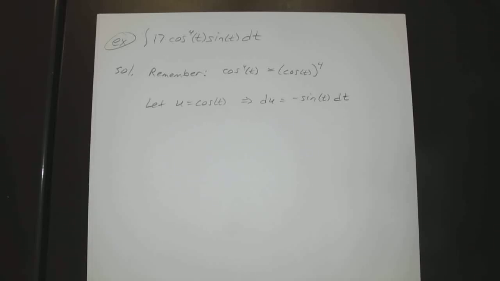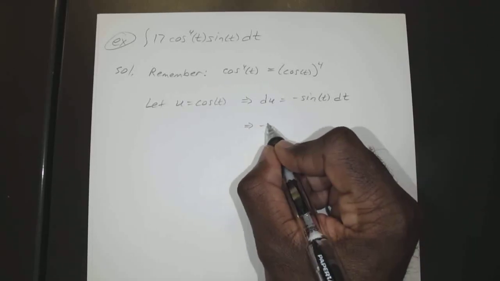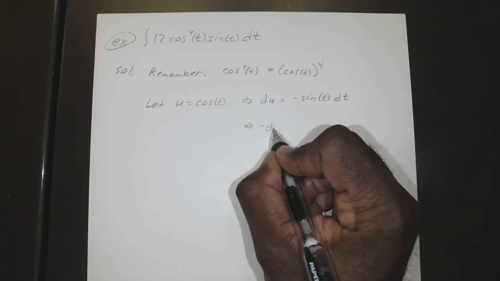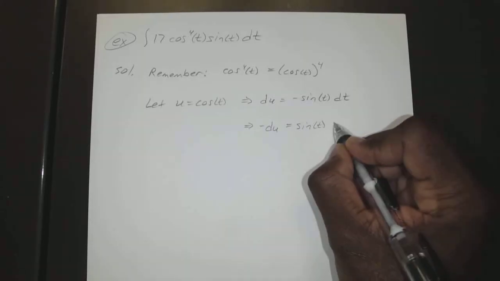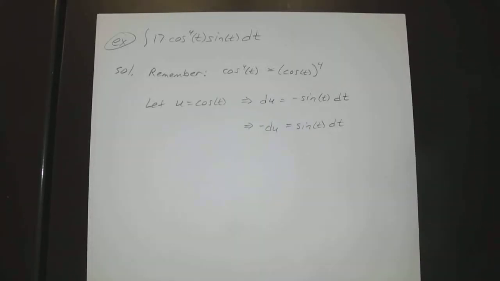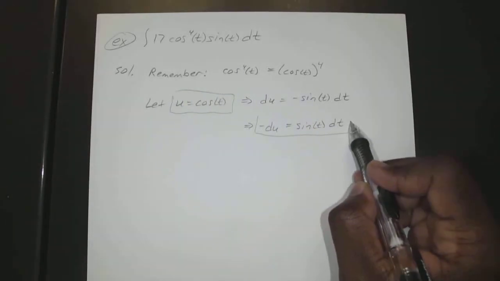And just like we did before, we can multiply or divide, so we can make this negative 1 times du equals sine of t with respect to t. Okay, so we have our u, and we have our